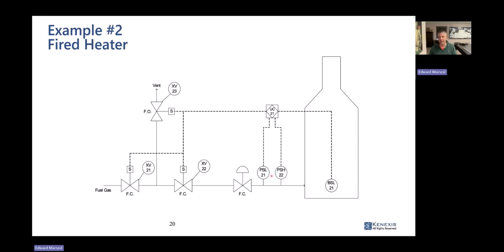You might have a high pressure switch that is indicative of you're going to blow your flame out because the pressure is too high, create a gas cloud, find a source of ignition, you're going to have a firebox explosion. If the pressure goes too low, you could lose your flame because it becomes unstable, create a gas cloud,